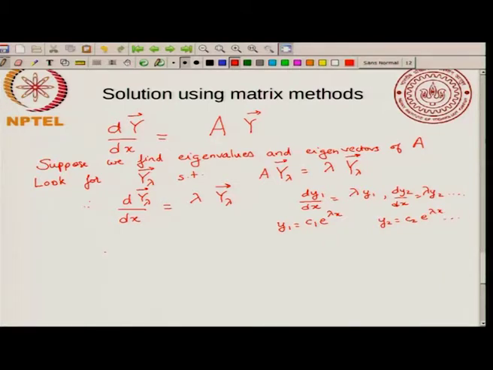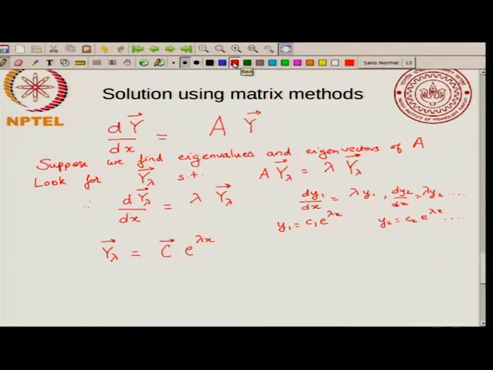So, what that means is that I can write my y lambda as some coefficient vector, I will just call it c, times e to the lambda x, where c is basically a vector which has c1, c2 up to cn. So, what we said is that if you are able to find the eigenvalues, then y lambda equal to c e to the lambda x is one form that actually satisfies the differential equation.